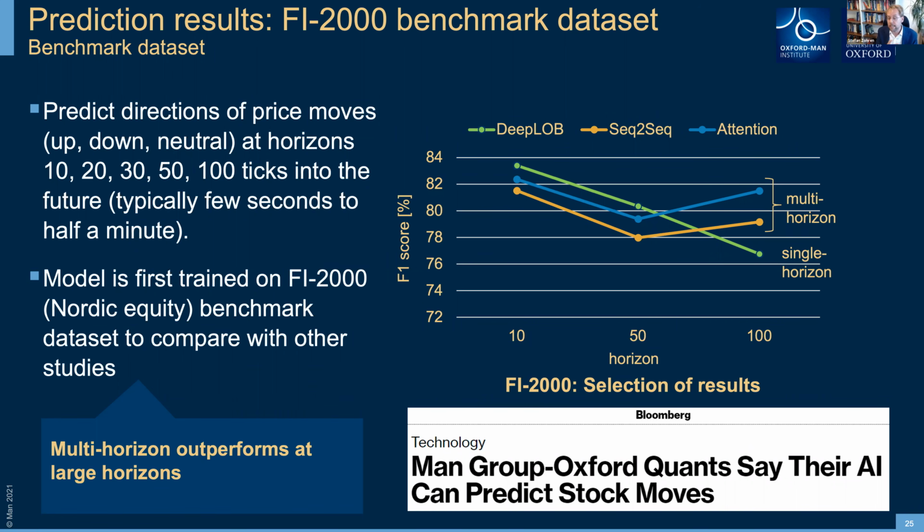So we'll see for the LSE, it's actually going down. The main message here is that by utilizing the multi-horizon models, we are able to make better forecasts further in the future. These are like 100 ticks in the future. In clock time, this is still short. We're talking about a 30 second to 1 minute forecast, but it's actually pretty long for the high frequency data world. So you're going 100 ticks in the future.